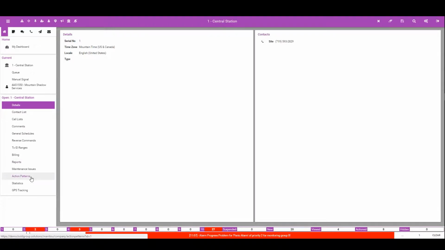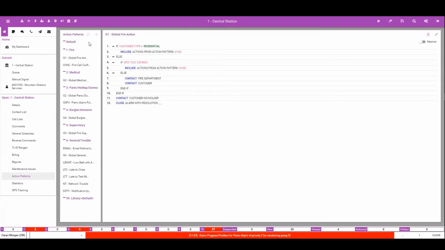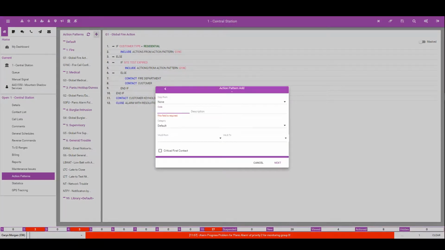And our action patterns, once again, we have them created very simply in our categories, but we're going to create this from scratch so that you can see all of the different elements. The first thing that we create is the secondary action pattern, the action pattern that we use for call confirmation. Now I've already created it here, but I'm going to step through creating it so that we can see all the individual steps. So I'm going to create a new action pattern,